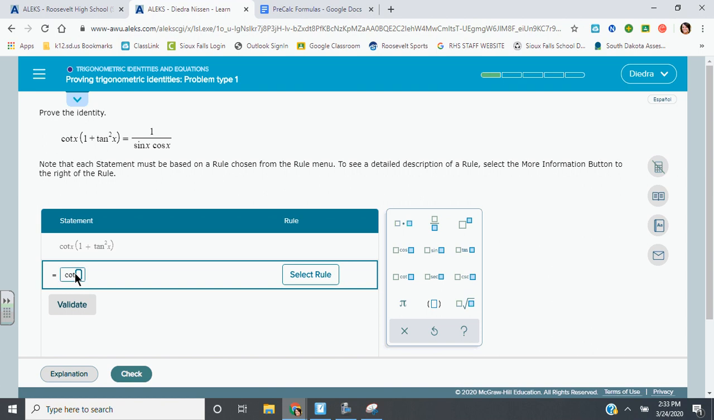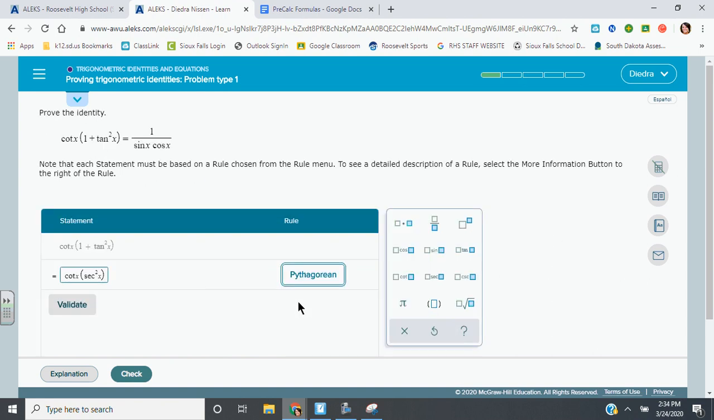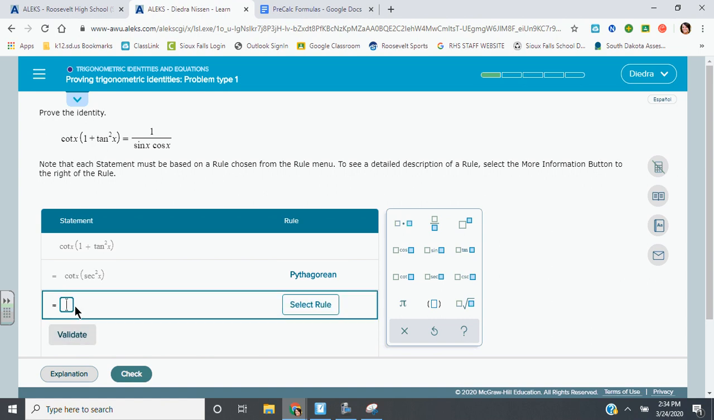So I'm going to rewrite cotangent of x, and in parentheses, I'm going to write secant squared of x. Now what I did was I just used that Pythagorean identity. So I'm going to hit Pythagorean and then validate. Now I'm going to try, I guess, and see if I can simplify both of them at the same time. I'm not sure that I can,